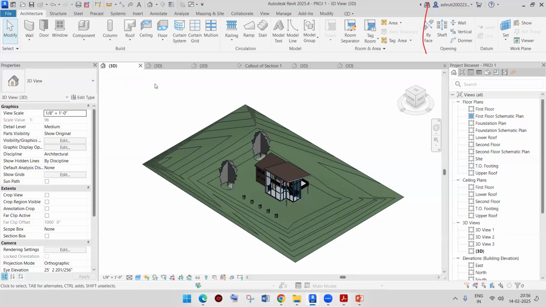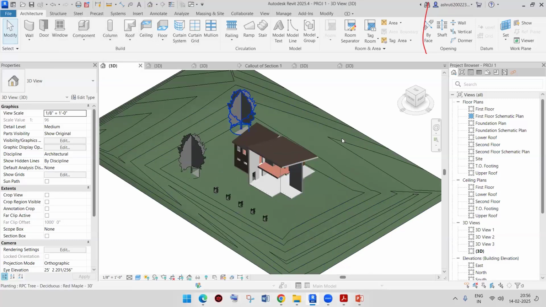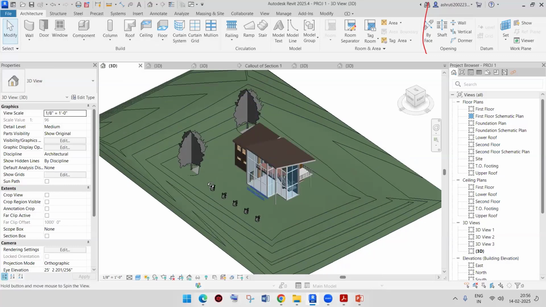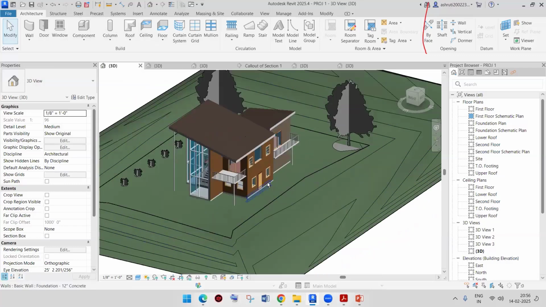Brick wall, RCC wall, right? Then after, in terms of doors, windows, a lot many things are there. In the doors, windows, component, column, roof. So first, I will show you this project, and with the help of this project, you will be